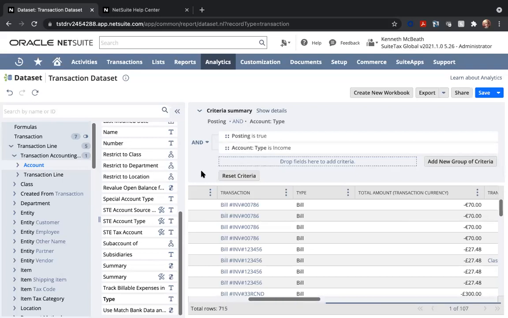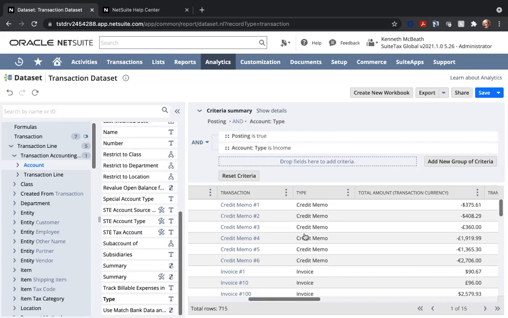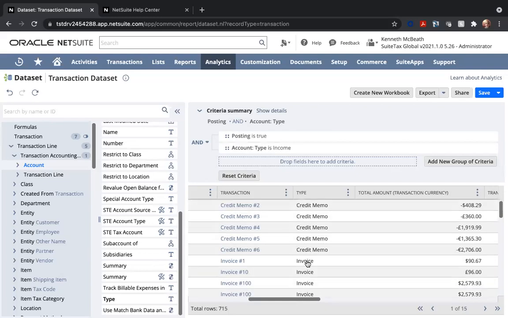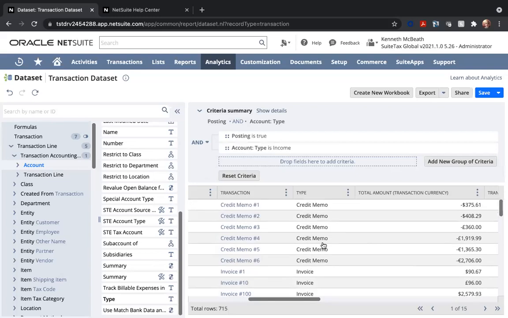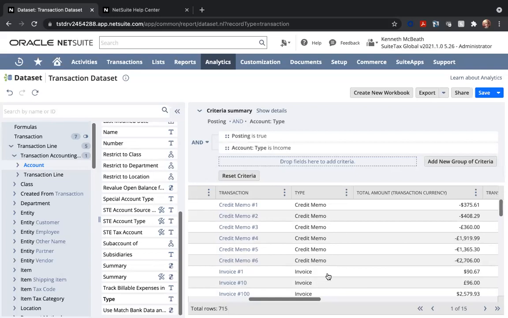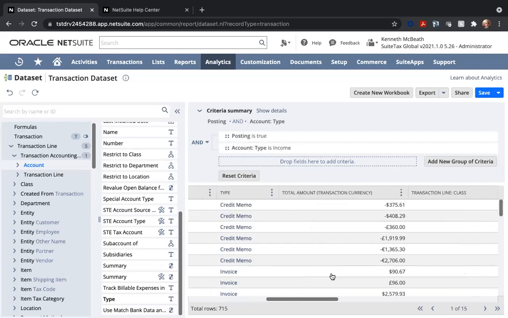So now I've got this report, and you can see it's updating. The number of rows is now going down to 715. And I've got credit memos and invoices in there. So the first 6 or so are credit memos, and then I'm down to invoices. But if I go along to my right-hand side here,